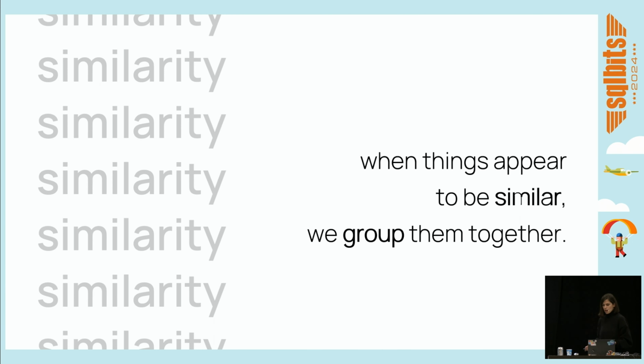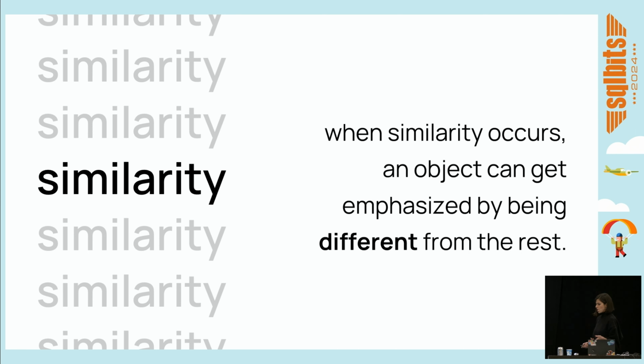So the principle of similarity states that when things appear to be similar, we group them together. But this principle is also used to create contrast, because when similarity occurs, an object can get emphasized just by being different than the rest. So you could easily spot it over there, right? And this is something that we also want to use in our reports. If we just put the information there and hope for the best and hope the user is going to find it, this clearly states that not everyone will see the same thing. And not everyone will concentrate on the same thing, but we want to make this information pop. We want the user to see 10 8s, and we need to make sure the user sees it. So in design, this is actually called